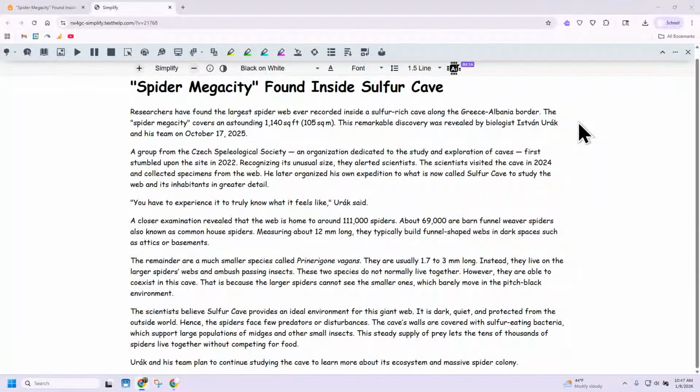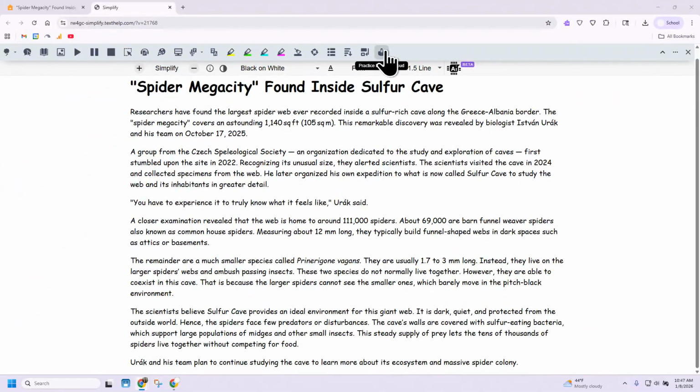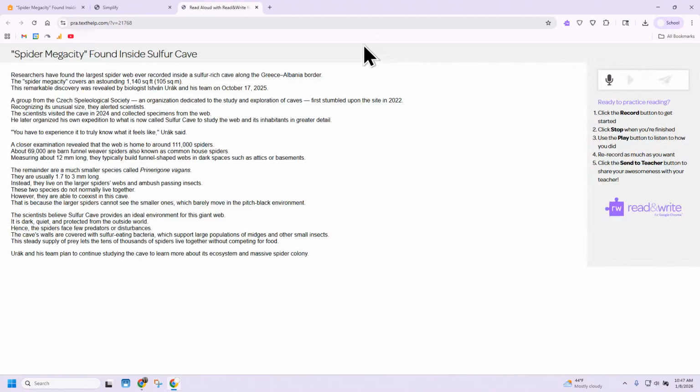On the Read and Write toolbar at the top right-hand corner, the first icon on that side that you'll see is a person reading a book. If you hover over it, it says practice reading out loud. I'm going to go ahead and click on this, and you're going to notice when I do, it opens a